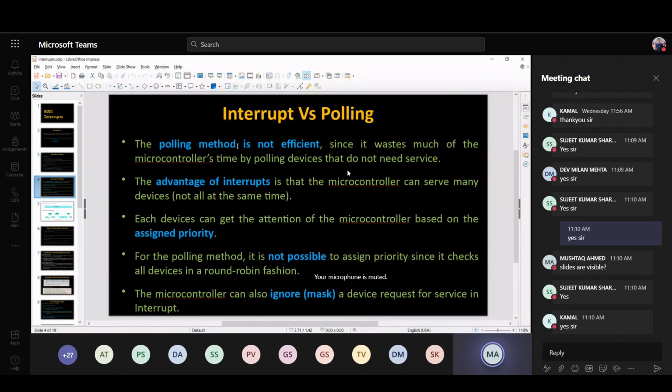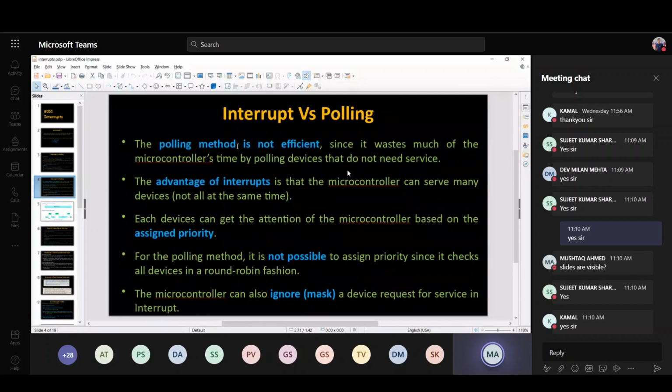Then another major advantage is priority. In polling, there is no priority. For example, there are 4 devices. The CPU goes to those devices in round robin fashion. In polling, it will check device 1, then device 2, then device 3, then device 4. In that fashion, it always checks the devices.